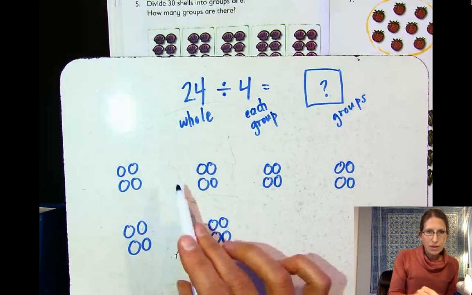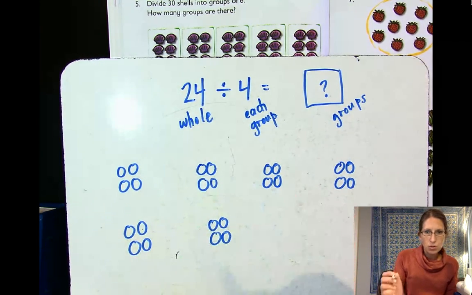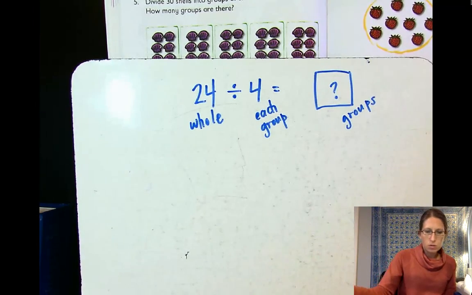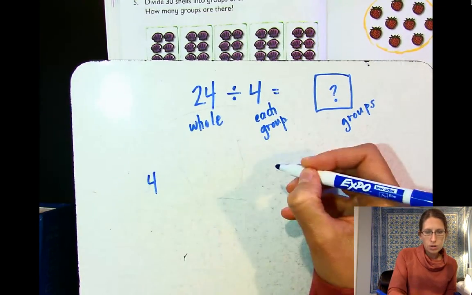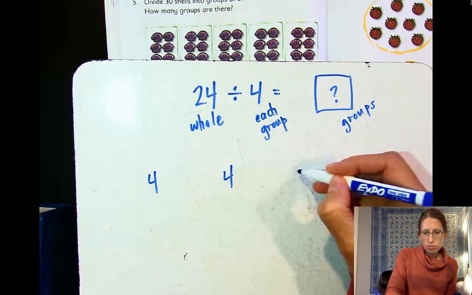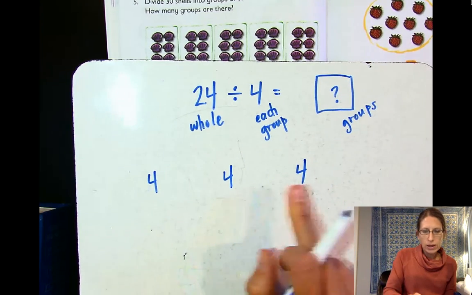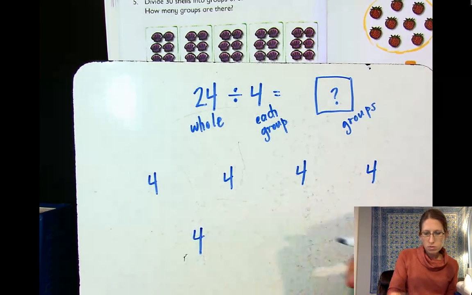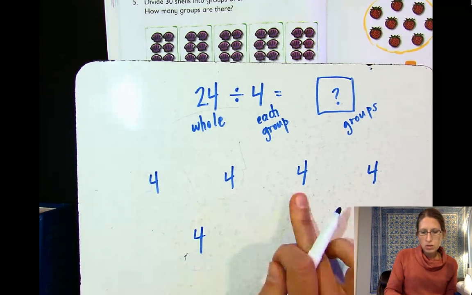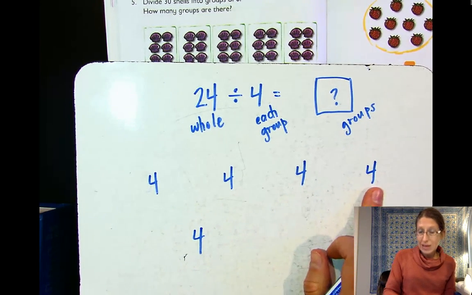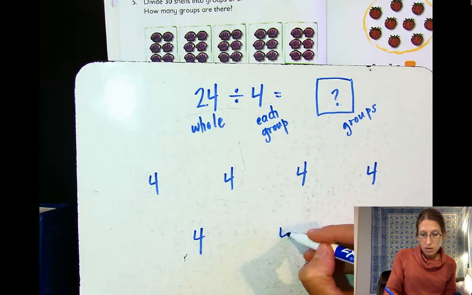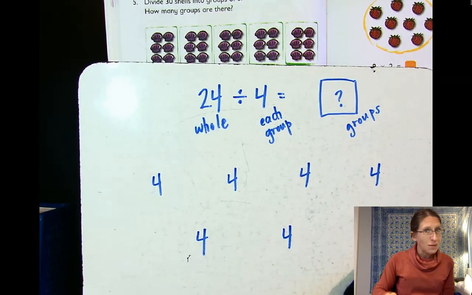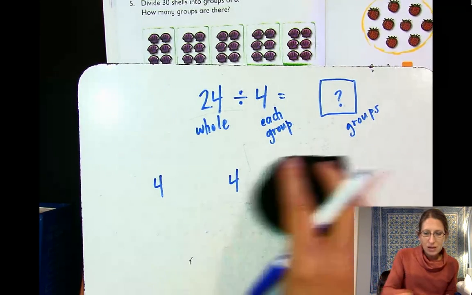So what I mean by that is if you didn't want to draw pictures, you could also just say, well, okay, I'm going to do 4 here. And then I do 4 here and 4 here. I've got 4, 8, 12. I have another 4 here. 4, 8, 12, 16, 20, 24. One other thing you can do, maybe you were already thinking this, instead of just drawing a bunch of